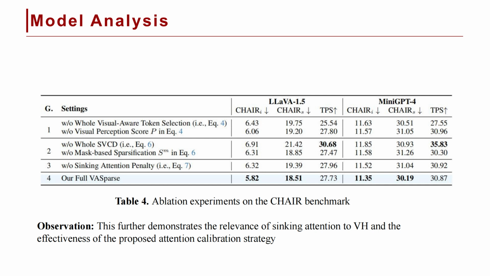To validate the importance of each component, we conducted ablation studies. Removing the visual-aware selection strategy spikes CHAIR scores, showing its crucial role in reducing hallucinations. Without contrastive decoding, performance drops sharply, highlighting its importance in recalibrating outputs. The takeaway: all three components are essential for optimal results. Our framework is highly integrated, and each part plays a vital role in achieving our goals.